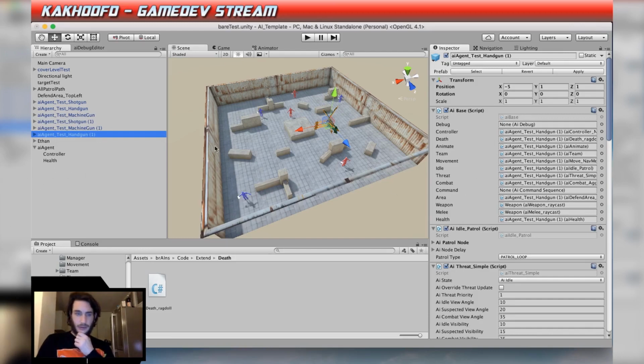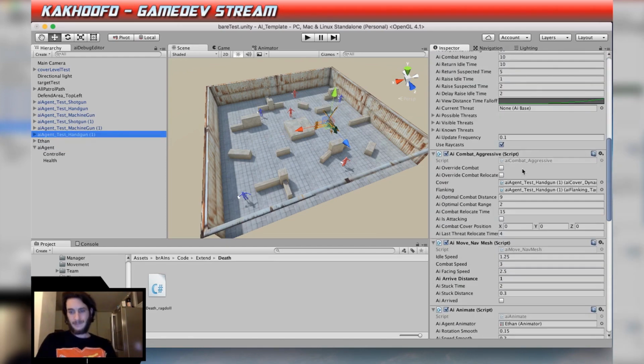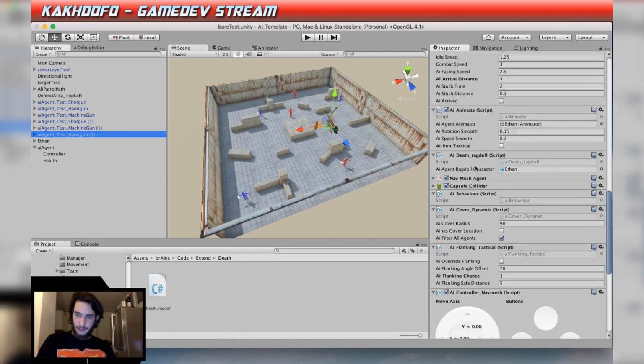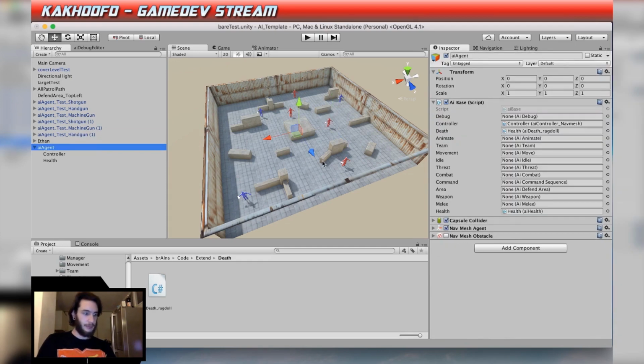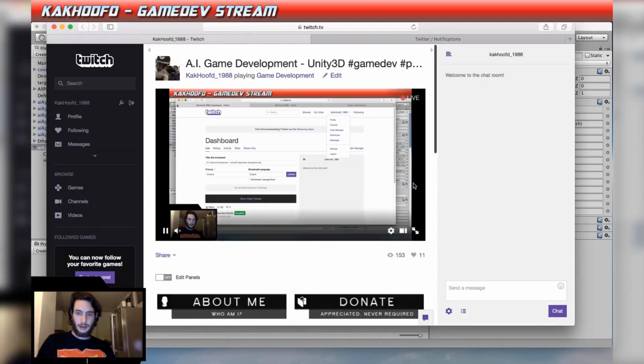Alright, so what's the next piece that I need? I need AI death and I need AI health. Do I need AI team? I think I do. Can't remember. Need AI animate at some point, but I kind of don't want to set up flanking. As I said, I'm trying to do bare minimum here. Actually, let me check. Am I...